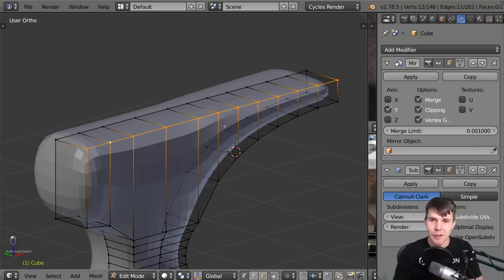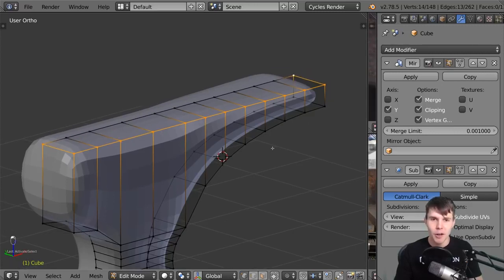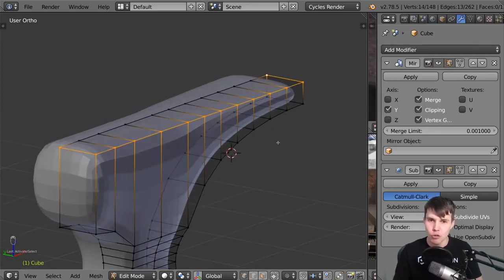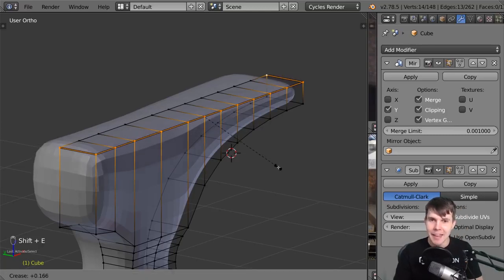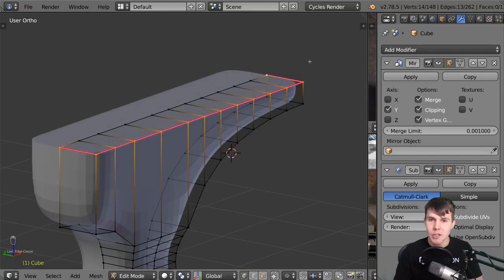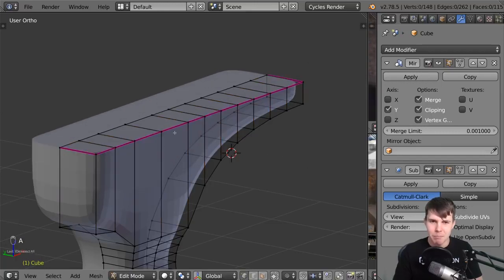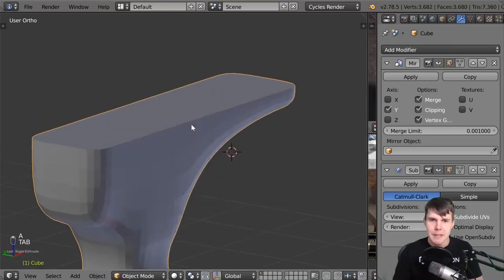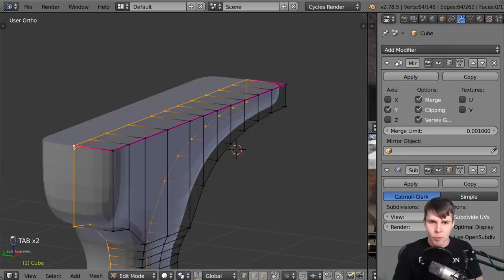There's a couple of ways you could do it. The first way is one that I don't recommend. A lot of people say you should do it, but it doesn't really work. And that is to add a crease. So you can add a crease just by hitting Shift E and then just pulling the mouse outward. And you can see that when you do that, the edge that you selected now has this pink outline to it. So when I drag that all the way out,